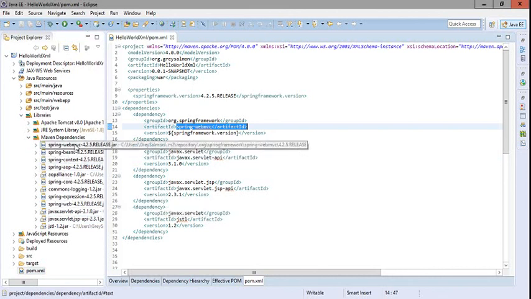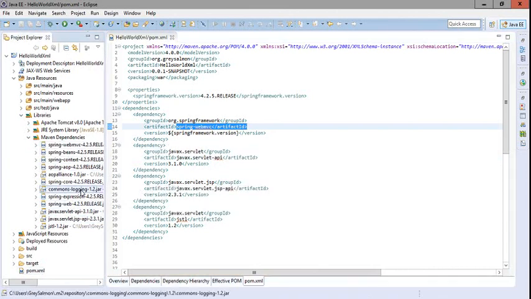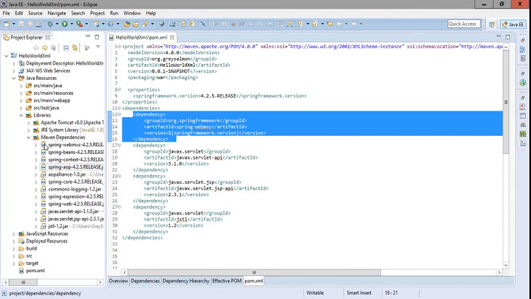If you closely look at these jar files, like the commons logging.jar, it is not bundled with the Spring Framework. You have to download it separately, but we are using Maven, so Maven will take care of all these things, and it will automatically download all the necessary jar files like AOP. AOP is aspect oriented programming. So there are a lot of jar files which are bundled in the Spring Framework, and you have to select the jar files which need to be added into your class path. So no need to do that, only specify the dependencies. All the necessary dependencies will be included in your workspace.